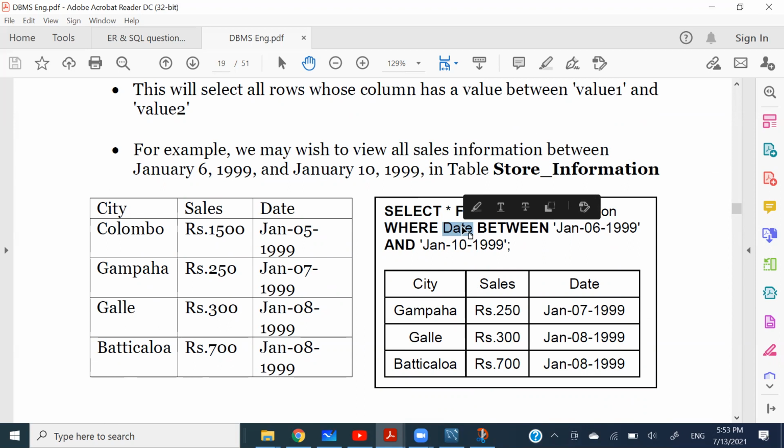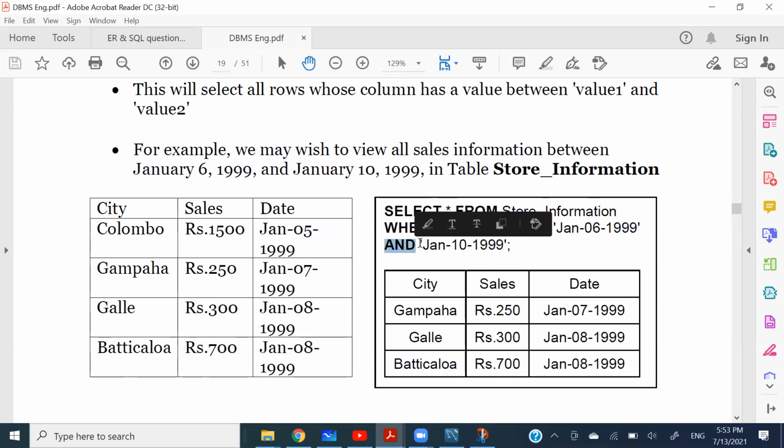So we should say which range we are going to refer in which column. So they are saying where date between, the date is given Jan 6, 1999, and it should be in the very same way that the data table has,